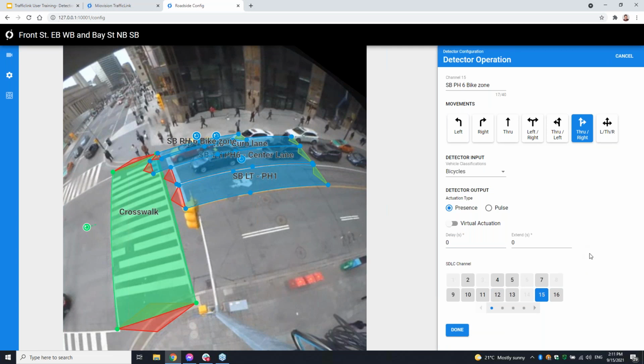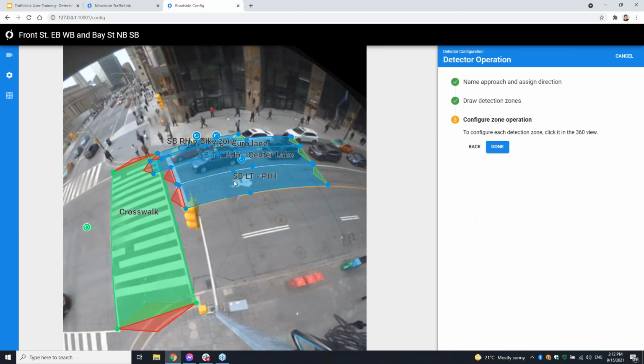One thing you'll notice as I'm going through here is we can't have two zones equal the same channel. Each zone can't have more than one channel, and one channel can't be reused more than once either. So we have to make sure we do one zone to one channel, and then we can input that to the controller pretty easily. For the purposes of this, I just jumped up to a different channel set so that we can add it in.